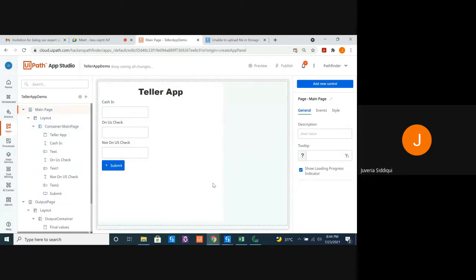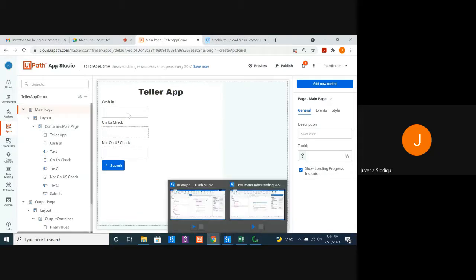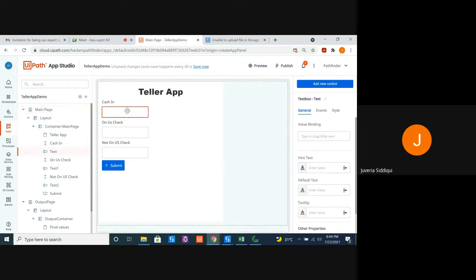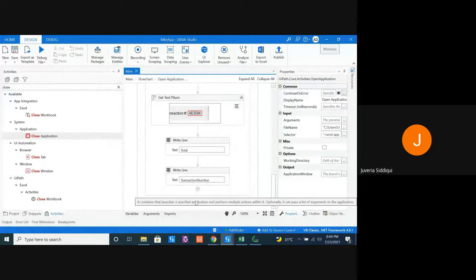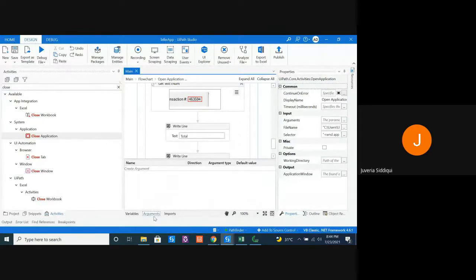Now let's get into the event creation part. Now we have everything configured. We also have the middleware layer. Now I want this value, as soon as I type this value, it should go to my robot. How? For that, we have something called arguments. We have to use arguments.